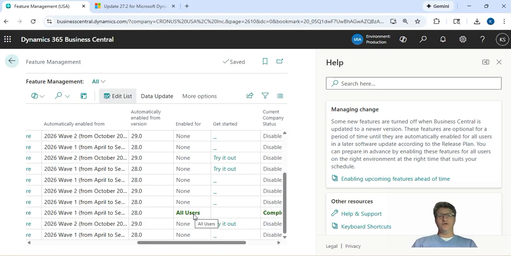Just to make sure you're familiar with how it works, what functionality is available, and any impact it might have, especially if you have customized how sales prices work. There may be something that you actually need some work done to account for some of this new functionality. So that is about it for